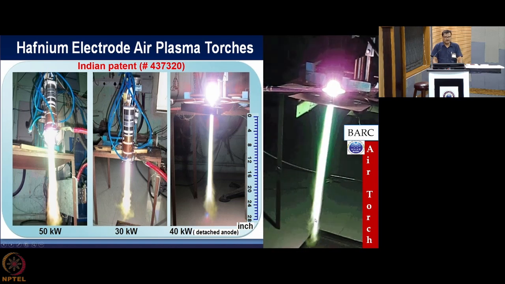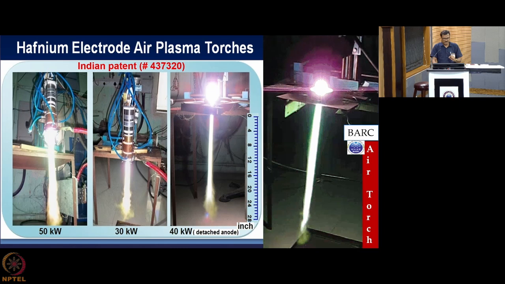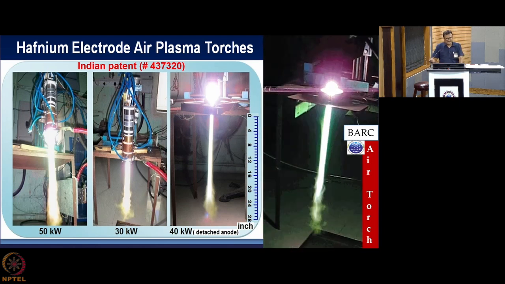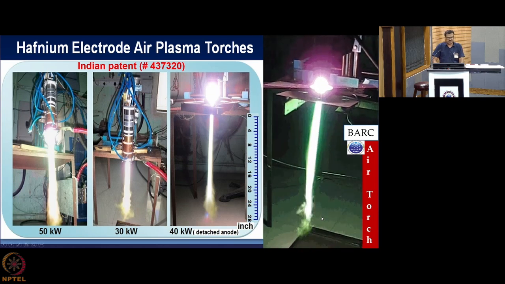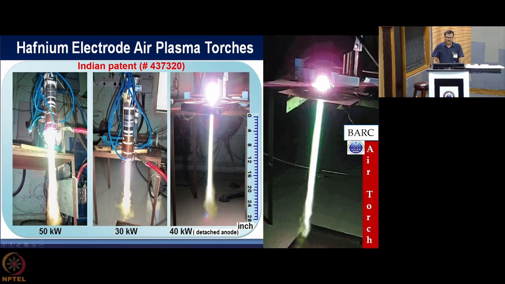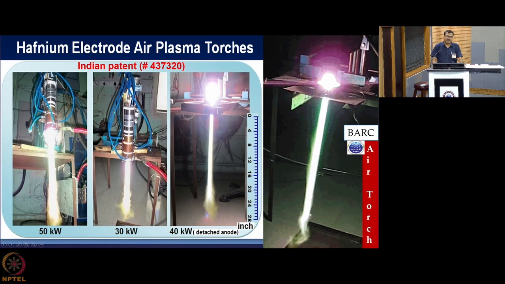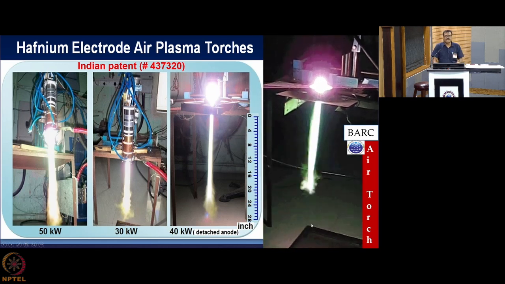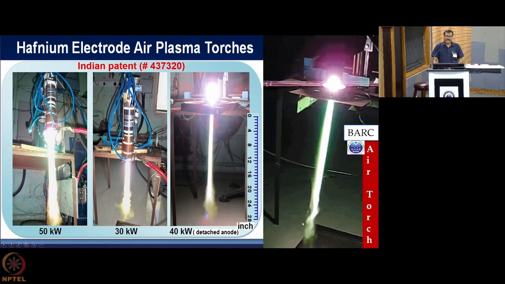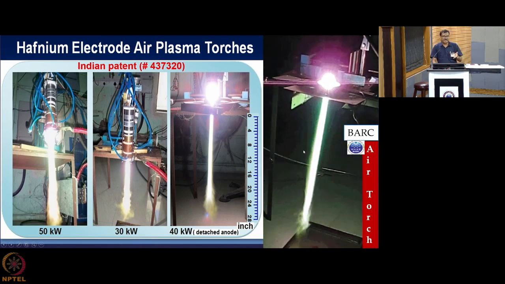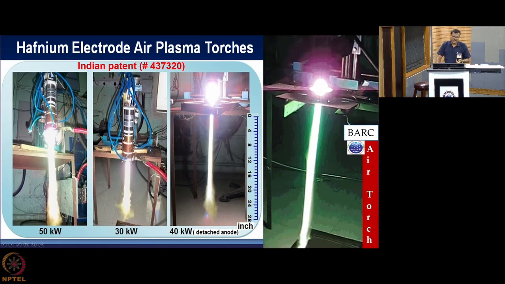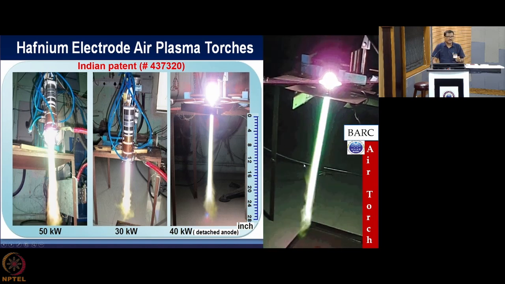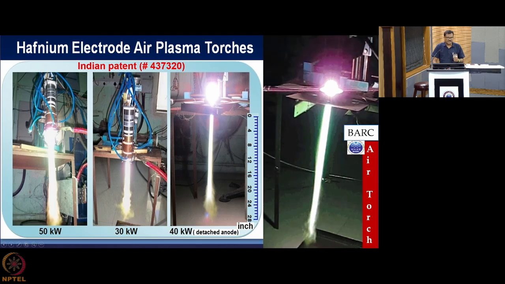Now, there is another fact which you need to consider. If I want to take a pipe and throw some water through that pipe, you will say that you increase the pressure, then the jet length will increase. It is true. And here also, when you are getting such a long jet, people thought that it may be the pressure which is causing the jet to increase. Actually, we configured the electromagnetic body forces within the device through simulation in such a way that we knew that it is occurring only because of the plasma thrust, that is the J cross B plasma thrust.